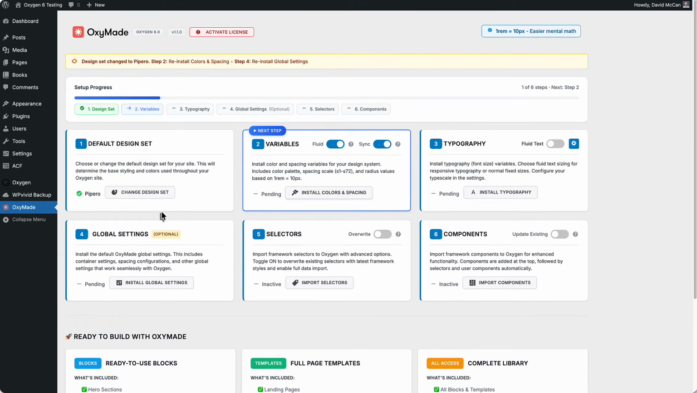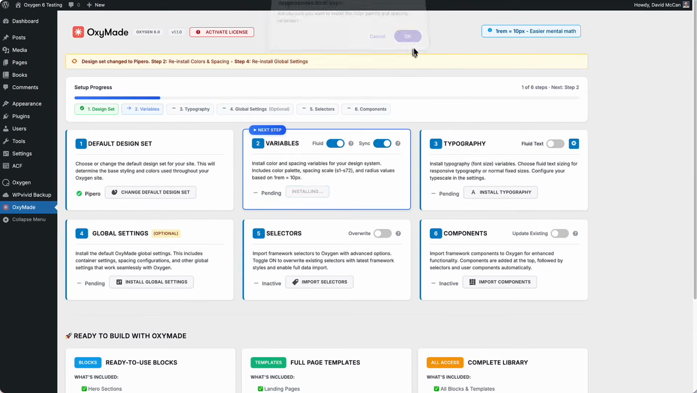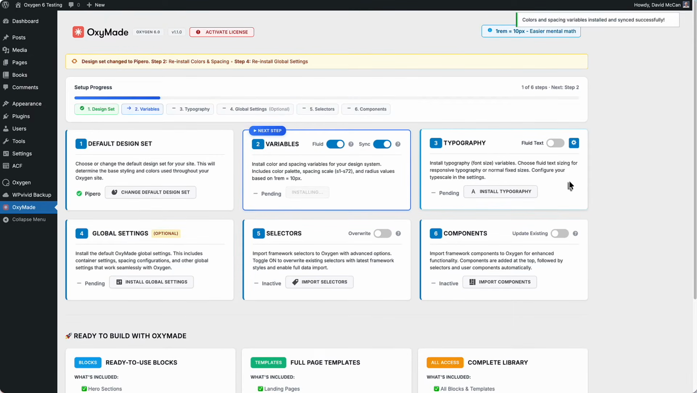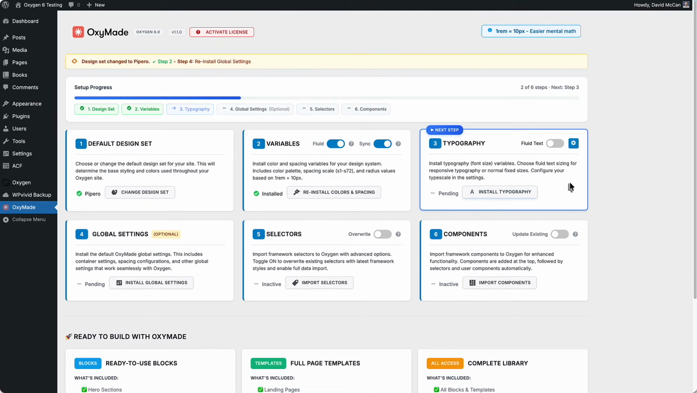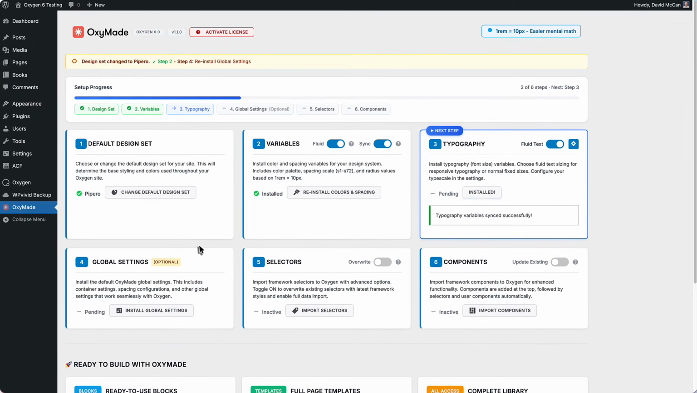And then the next step, we go to the next step, install colors and spacing. And you would do this at the beginning of your site build. Obviously, you wouldn't want to do this in the middle of a build because you'll screw things up and overwrite things. Install typography,